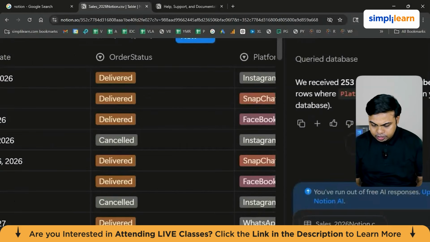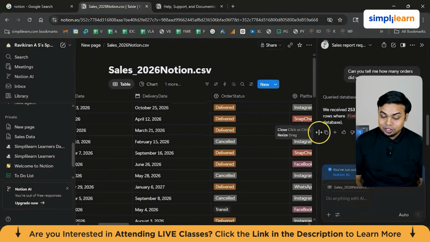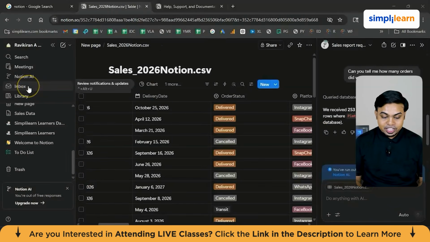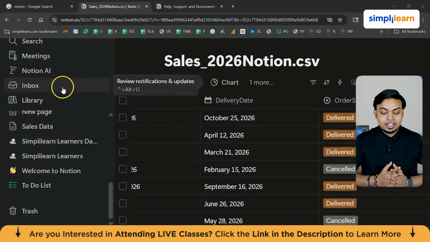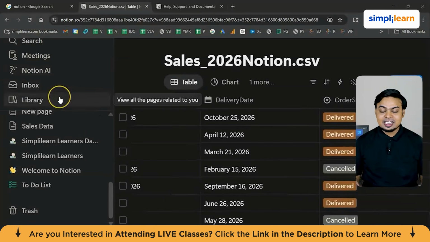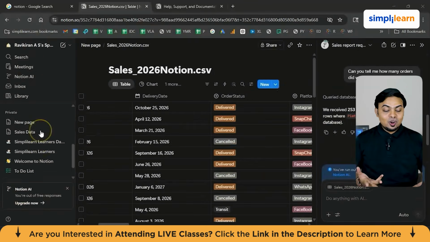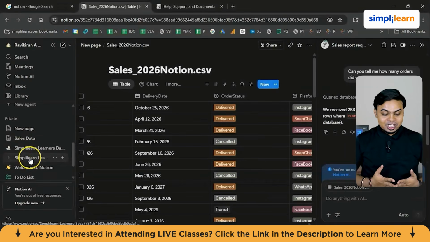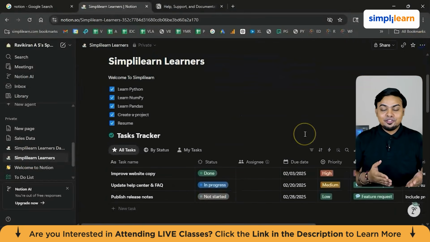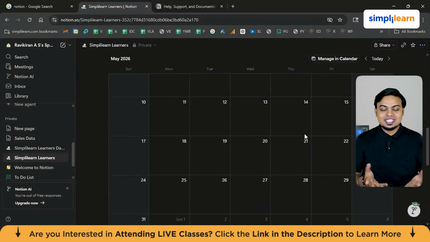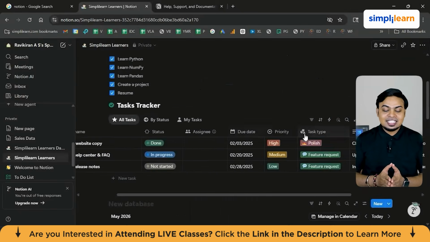And if I want to run okay, the free AI responses are done. Okay, if you upgrade, you will have unlimited number of AI performances for you, and you can ask questions and you literally perform a live dashboard using AI on Notion. It's like everything segregated into one single space. The possibilities are almost next to unlimited. And if you ask me, Notion is like one single unified workspace if you're a learner, if you're a professional, or a businessman. This solves almost all your data problems or daily tasks.